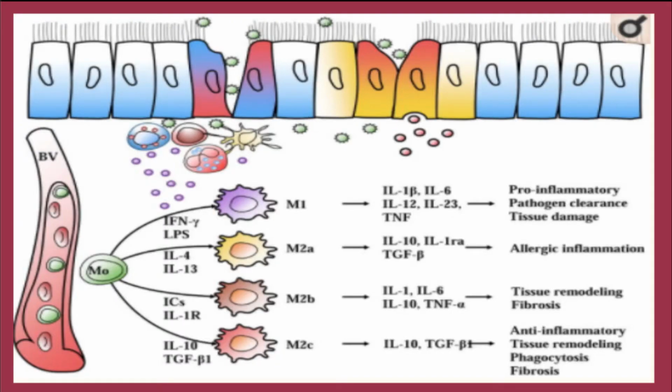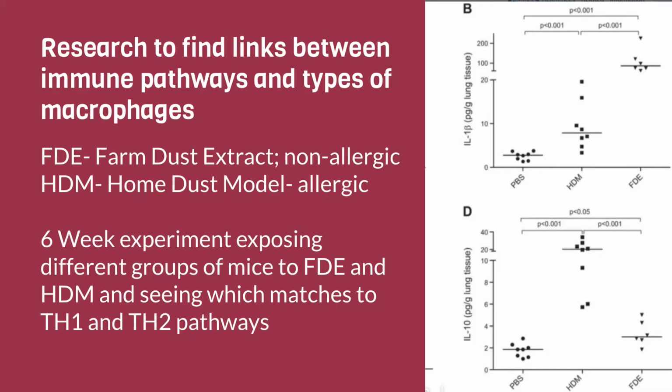Through experimentation with different allergic and non-allergic samples, they were able to identify M1 and M2 macrophages and their association with different pathways. So in the experiment in my research paper, they were trying to see how M1 and M2 macrophages fit in these pathways, and they took FDE, farm dust extract, which induces a non-allergic response